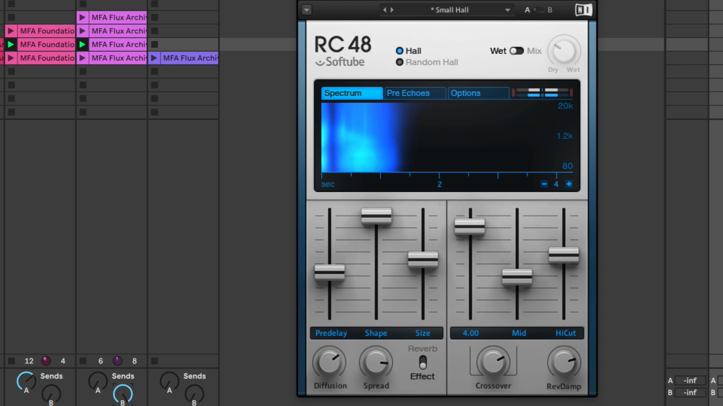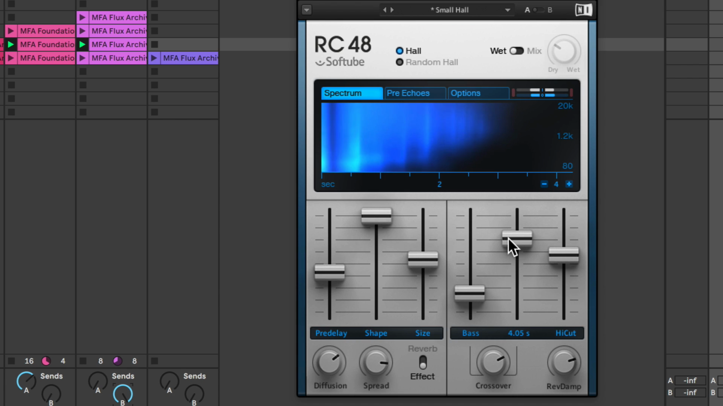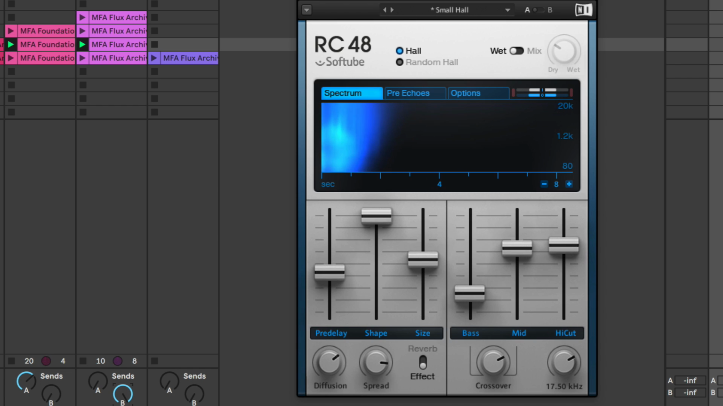And I want a nice length on the mid. And I'm going to open up the high cut and reduce the damping a little bit. Now on the left, the three sliders are different from RC24. I've got a pre-delay, which is similar, and the further the pre-delay is, the further the perceived slapback of the room edges might be. I've also got the room shape and size, and in the reverb mode, the spread and